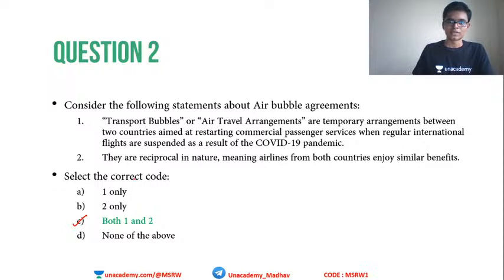Both are correct. During the coronavirus there was a total lockdown, and all the passenger flights from different countries were stopped for a very long time. But this was not sustainable for a longer time. So some flight travel has started, and this is known as a transport bubble. Only a very limited number of people are allowed in a flight, and proper precautions are taken to prevent COVID-19. The second statement is also correct. It is reciprocal. If India can send people to Australia, Australia can do that back to India also. Both to and fro travel is possible. So the correct answer is option C, 1 and 2.